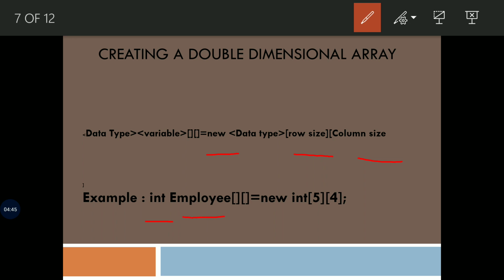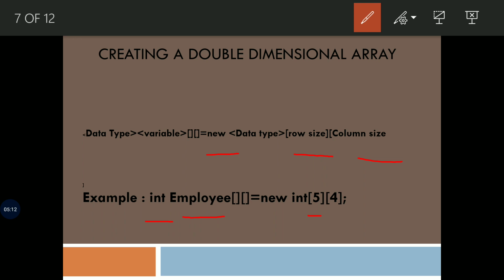Row size of the array is 5, and it means the employees array will accept 5 int values as rows. If we try to store more than 5 values, then it will throw an error. We can store less than 5. If we store 2 integer values, then the remaining values will be initialized to the default value.